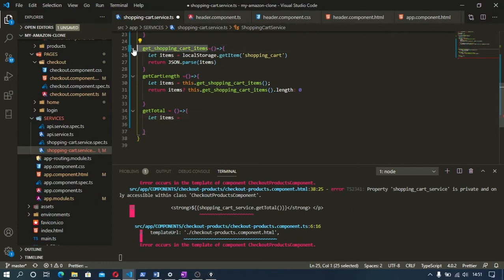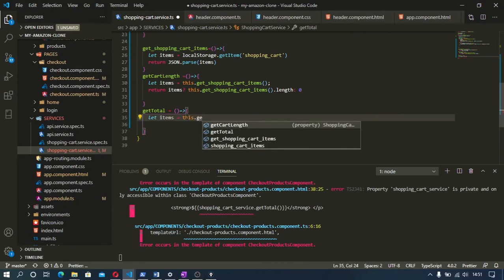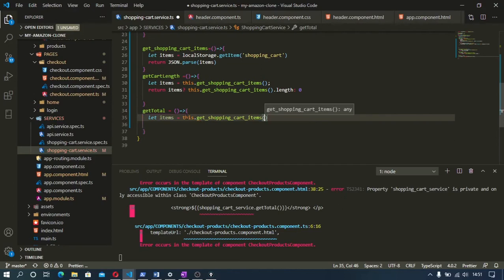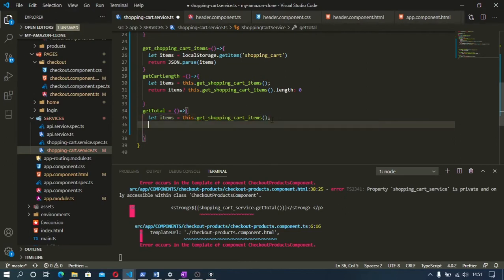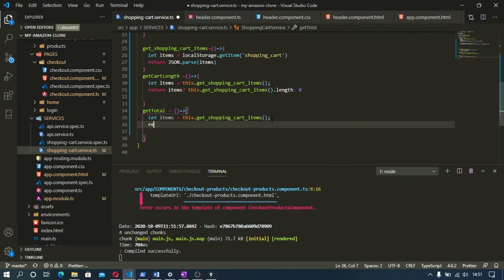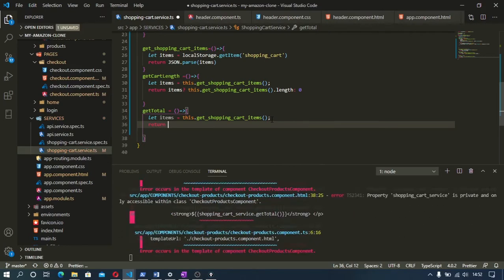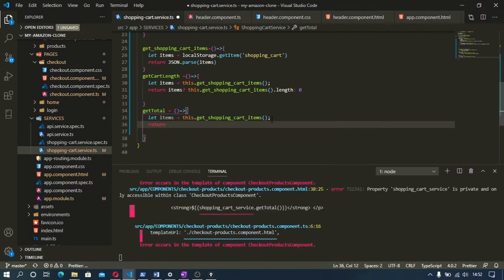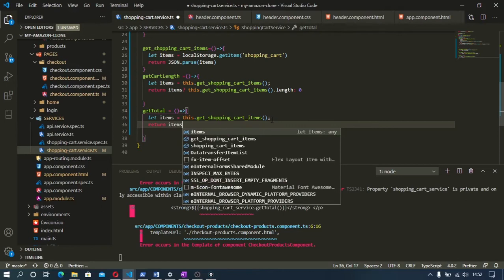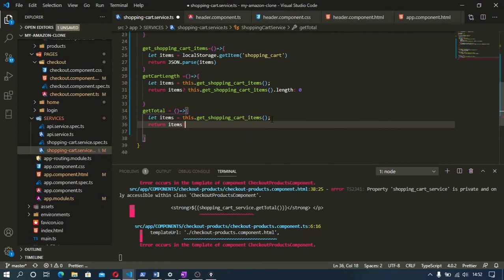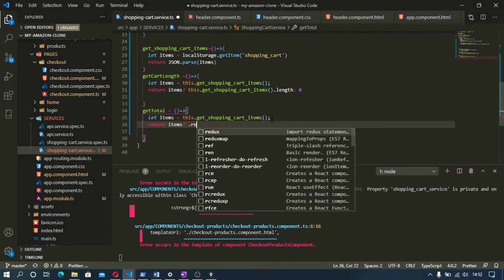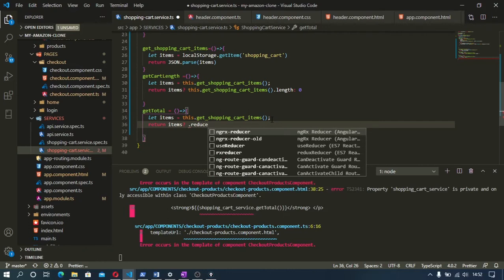Say let items again is equal to this dot get shopping cart items, this function is being used everywhere. And then here we're going to do a bit of algorithm, just adding the total. So we're just going to return, if there's items, we're checking if there's items,